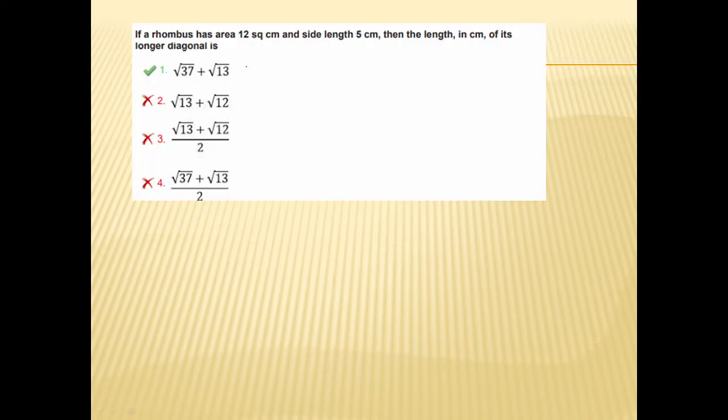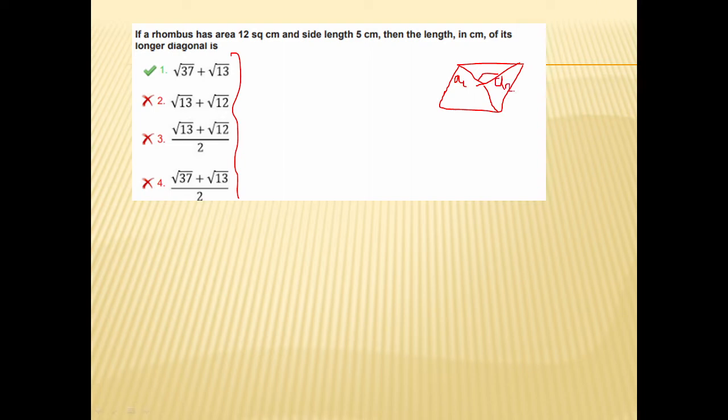Yeah, this question I'll be doing with the options, a pretty subtle method with the options. If a rhombus has an area this much, first of all, two properties I want to tell. The first property: say this is a rhombus, and the lengths of the diagonals are 2d1 and 2d2. So the first property is that they are perpendicular bisectors of each other, which means that if the complete length is 2d1, say this diagonal is of 2d1, so this much portion will be d1 and this portion will be d2.